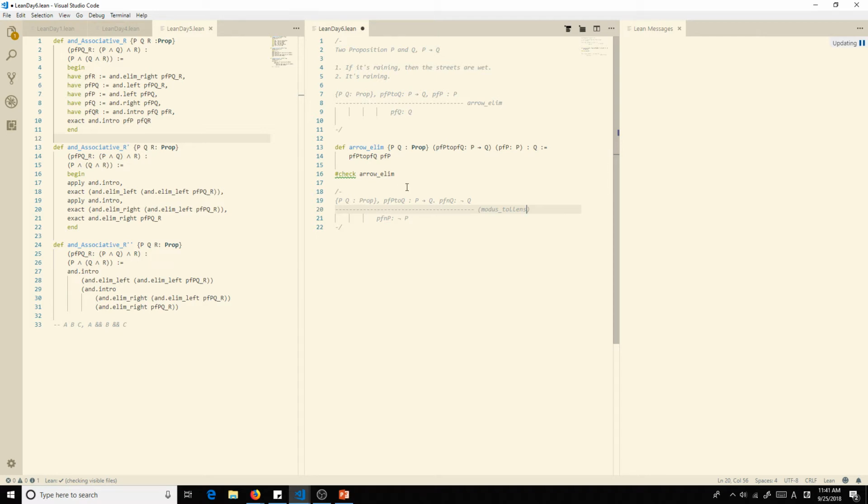So if the streets are not wet, then it is not raining. Does that sort of make sense? If the streets are not wet, then it is not raining. See, that still works. Because once it starts raining, then the streets are wet.